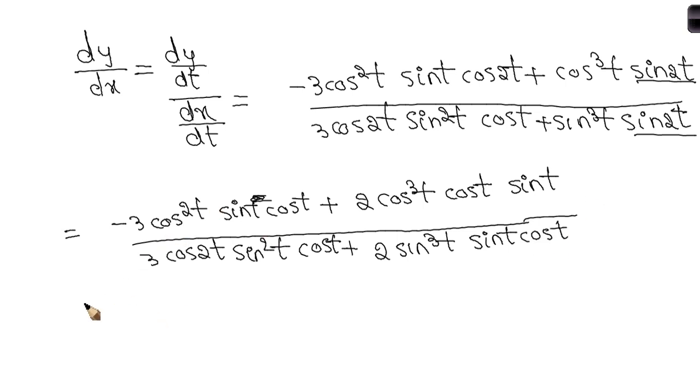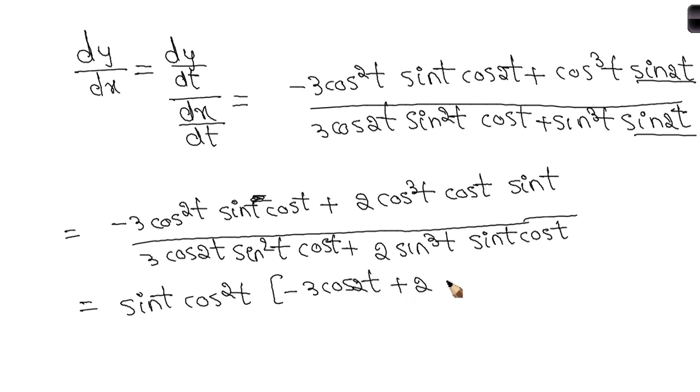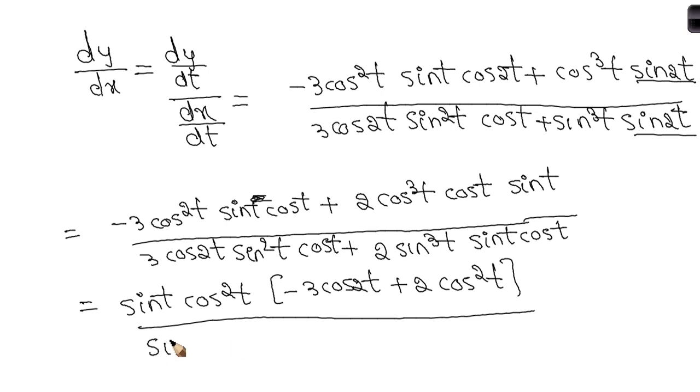So what are the things I can take common? I can take sin t into cos square t common from the numerator, we get minus 3 cos 2t plus 2 cos square t, and I can take sin square t into cos t from the denominator. If I just take out 3 cos 2t plus 2 sin square t,